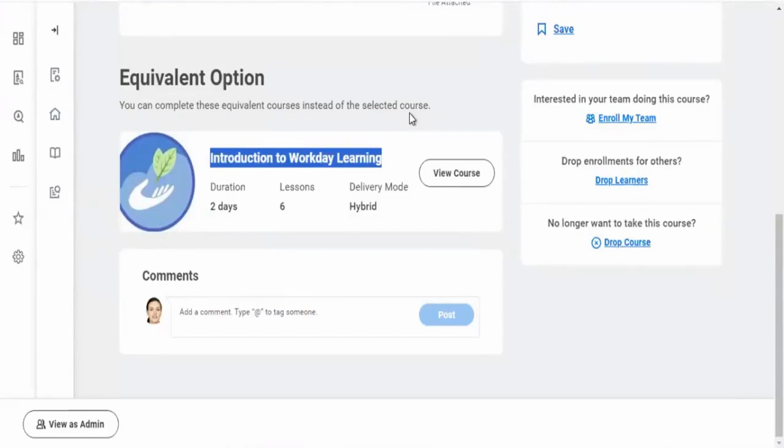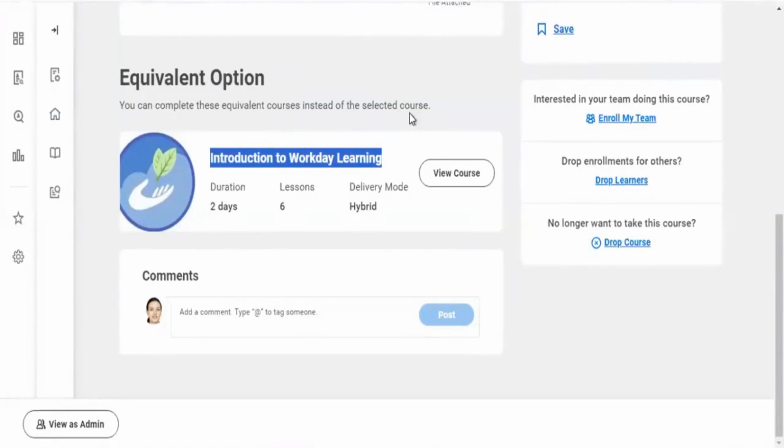Whatever we have seen, equivalency and prerequisites are the same, but the only thing is that with equivalency you can do either one of the two, while here you can do only one. It's just like a forced navigation: unless you complete the first one, you can't go to the second one. But there, what is the kind of rule we are doing? You can complete one, and when you complete one, you know that you are doing the other one, because that is equivalent to the other one, and either of the courses we can take. There is a difference between equivalency and prerequisite rules.